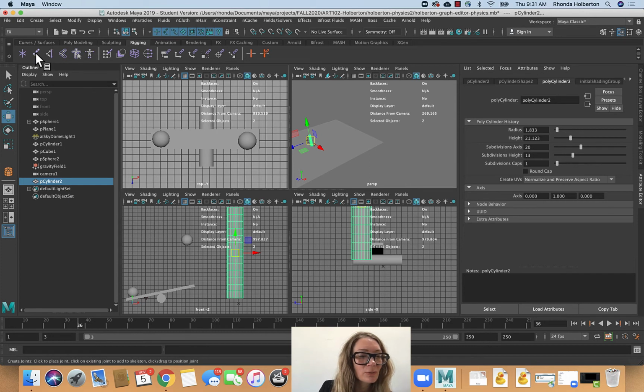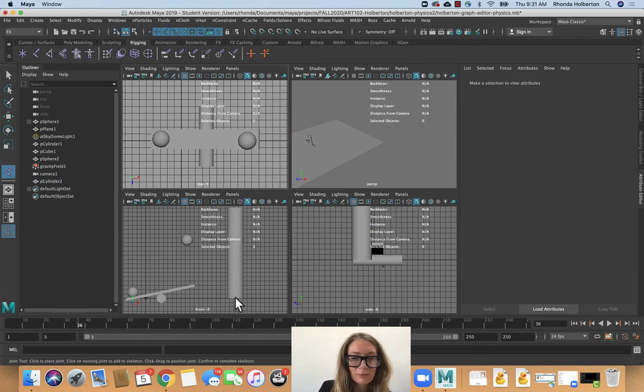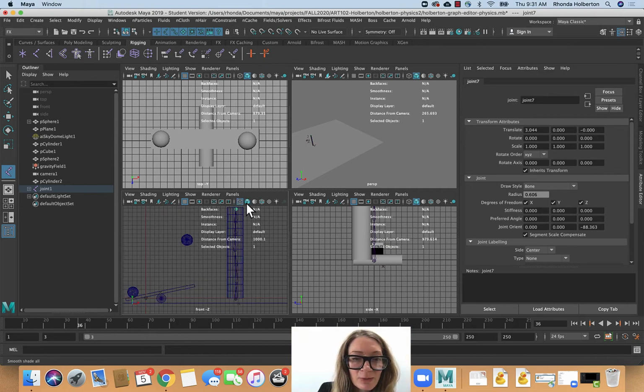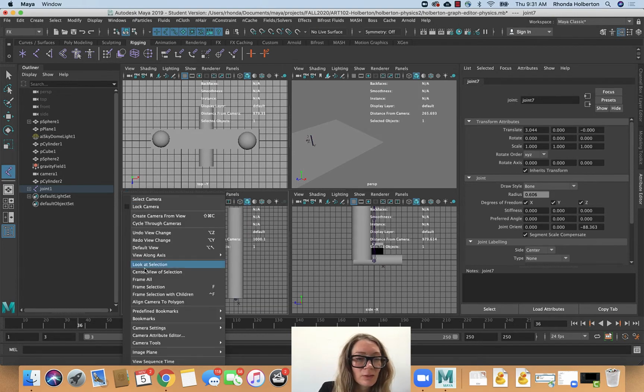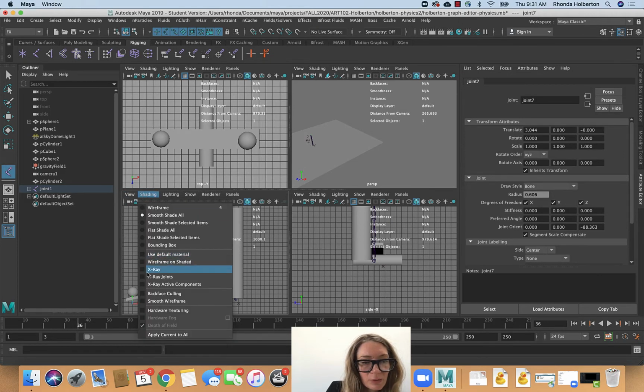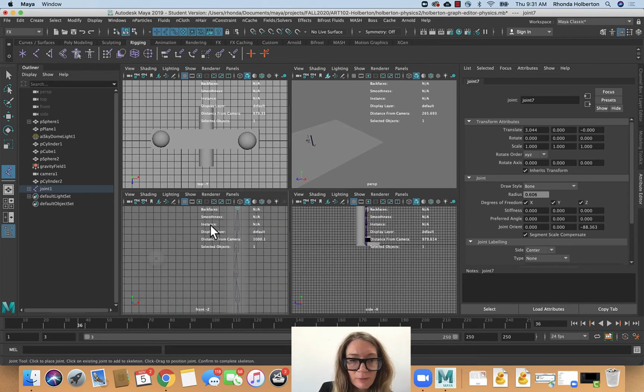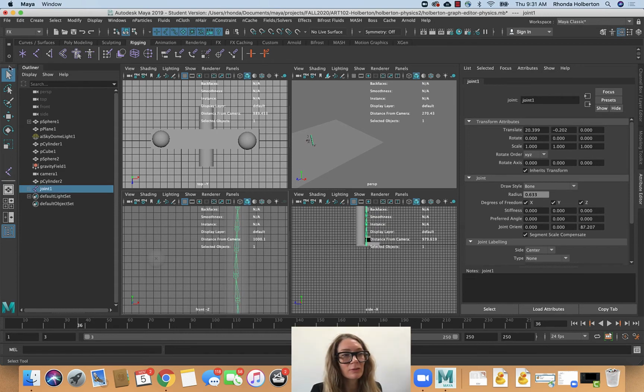So this tool here is going to create joints. So I can start at the bottom, and then 1, 2, 3, 4, 5, 6, 7. And it'd probably be easier to do with either wireframe or your solid view with X-ray turned on, which I am not seeing. New shading, there we go. X-ray. So I can see all of the joints in there, and then I'm going to use my select tool,